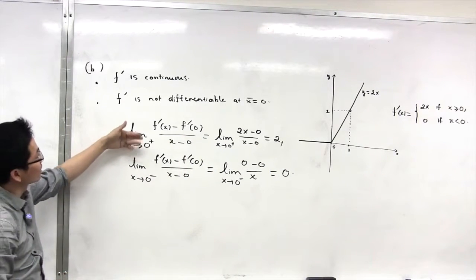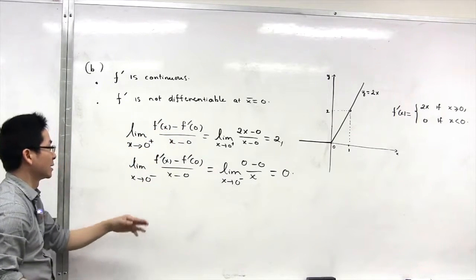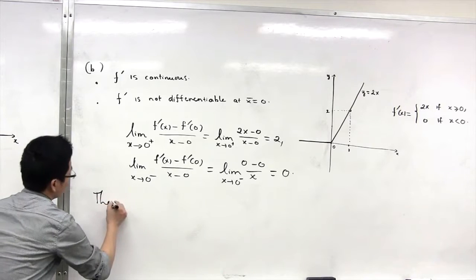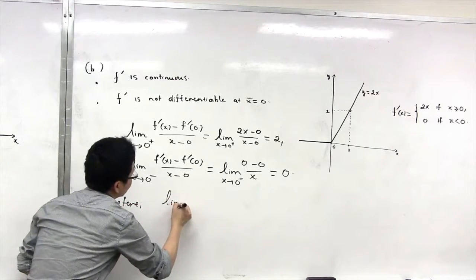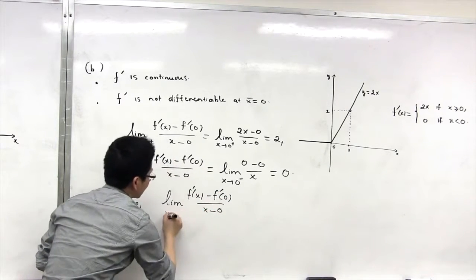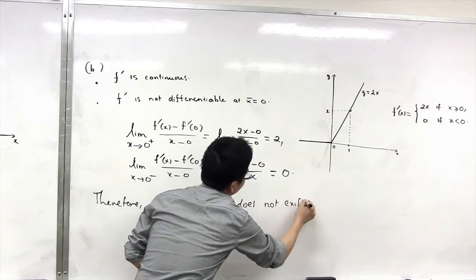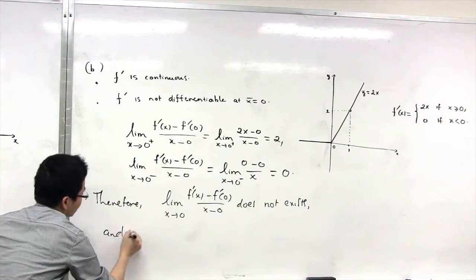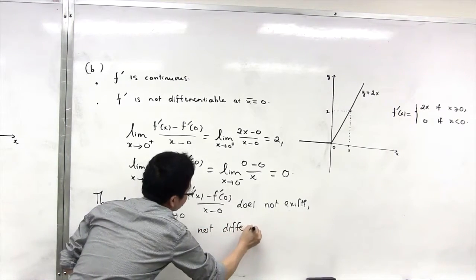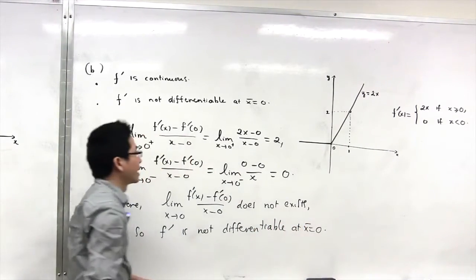So you see that the right limit of f prime of x minus f prime of 0 over x minus 0 is different from the left limit. Therefore, this limit as x approaches 0 does not exist. And so, f prime is not differentiable at 0. Okay, so we have completed solving